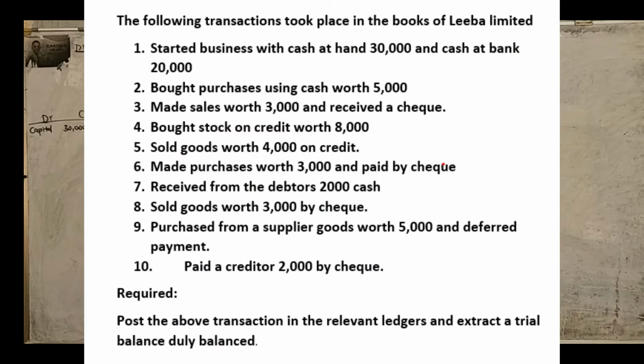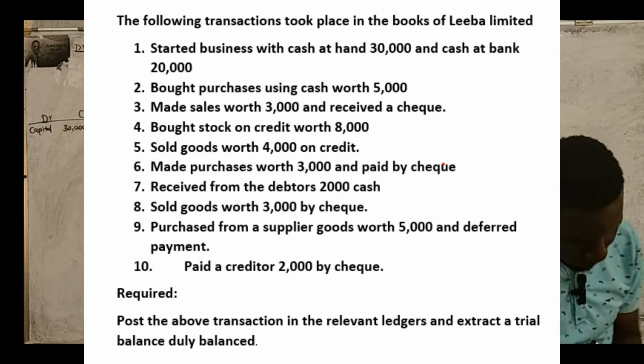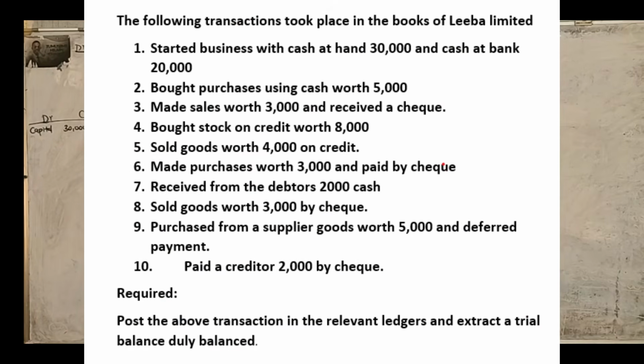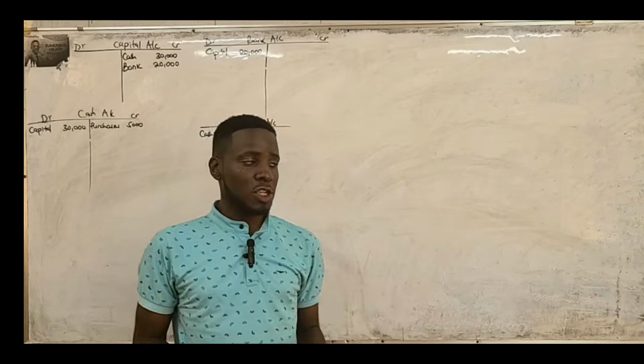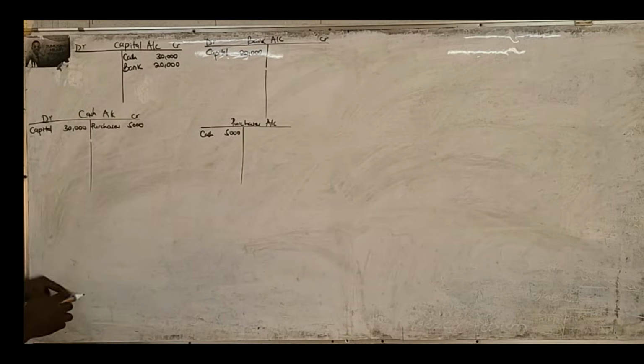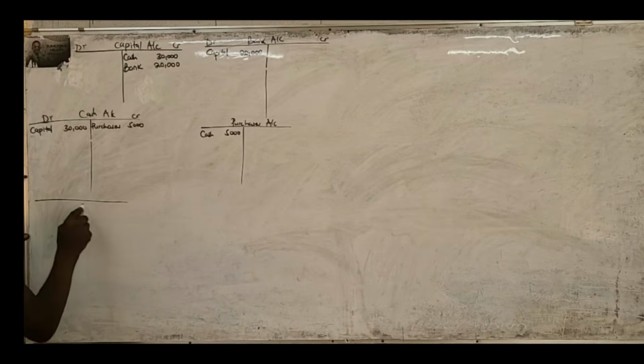So the next transaction says, made sales worth 3,000 and received the check. Now, sales, that means we are selling goods, okay? So if we are selling goods, then we are receiving cash. So they're saying made sales. So you look through, then you open up the sales account. So you come here and say,